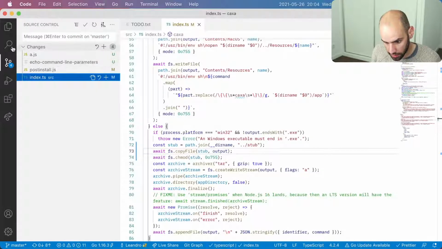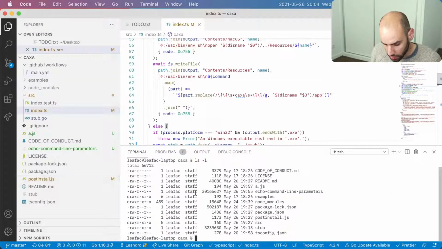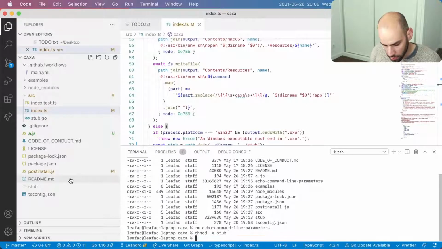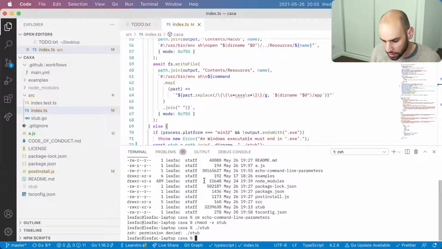Okay, let's see everything that we have. So to test this, I don't want to necessarily have an automated test for this, but I do want to remove echo command line parameters and chmod stub to remove the executable flag. So stub is no longer executable. I can no longer say dot stub, permission denied.